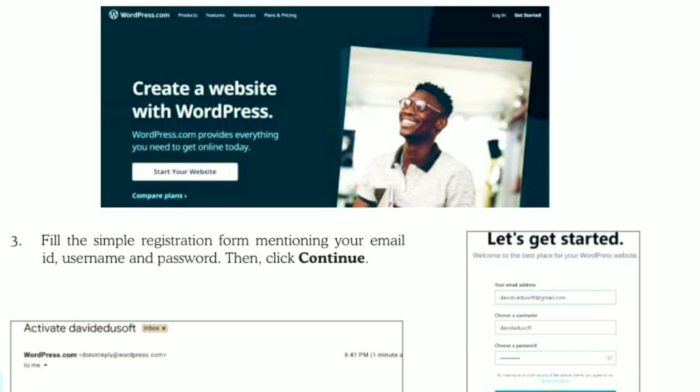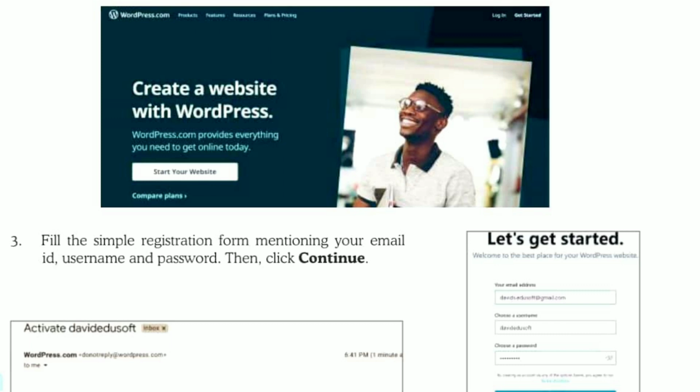This is a simple registration form used to fill for creating a blog account. In this, we have to fill blog address, which is a unique address for your WordPress blog. This is the address with which others will view your blogs.